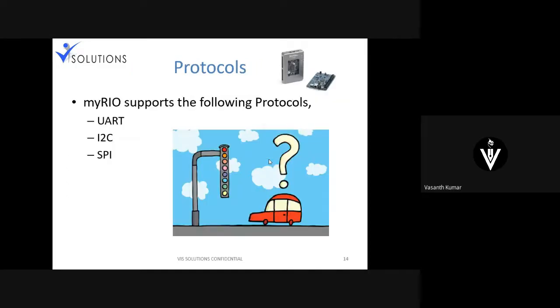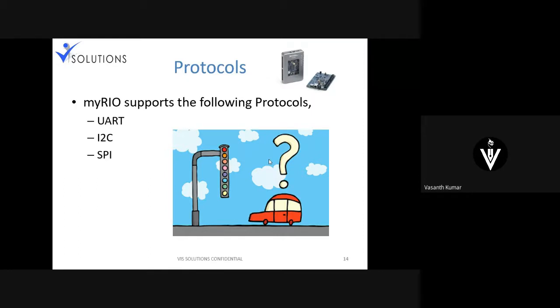So quickly jumping into the protocols. myRIO basically supports three different types of protocol: UART, I2C, and SPI. These are three different types of serial protocols which your myRIO supports. Most of the sensors nowadays come with one of these three types, unless you use a different communication model, like RS232, RS422, or RS485, or even Modbus.